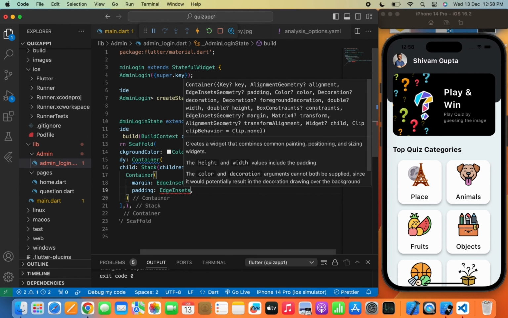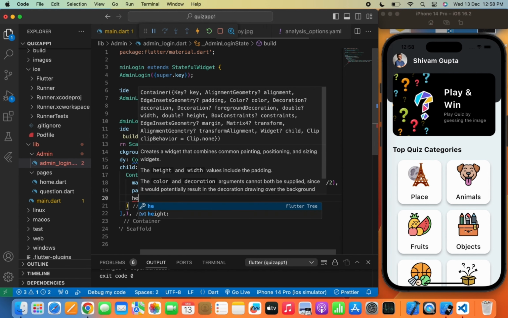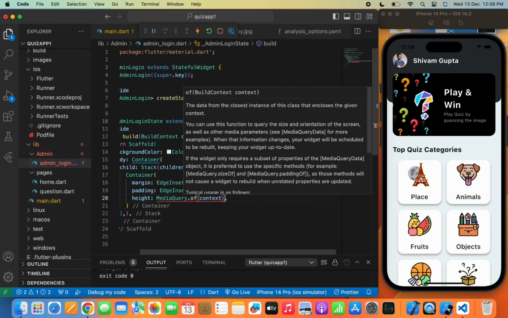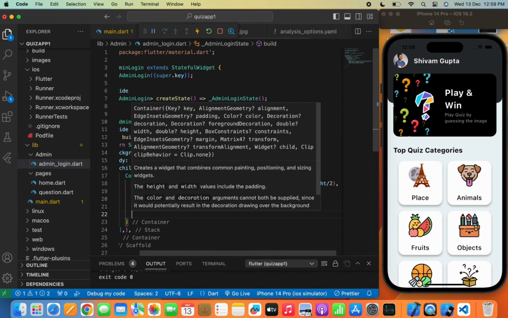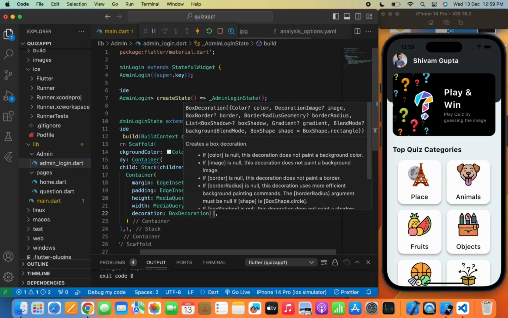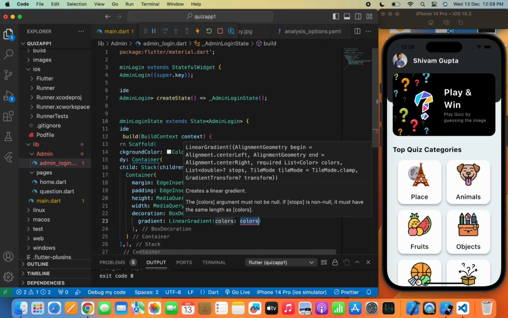So whenever you want to stack up the widgets or overlap the widgets one over the another, always use a stack widget here. Now we'll pass a margin, padding and height to the container. Now with MediaQuery.of(context).size.width, decoration, BoxDecoration. Now gradient, LinearGradient, colors, and we'll pass a two color in our